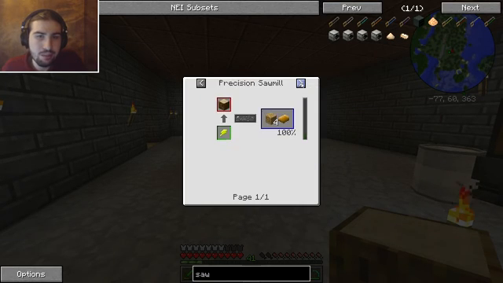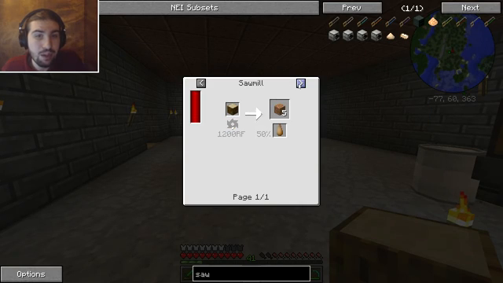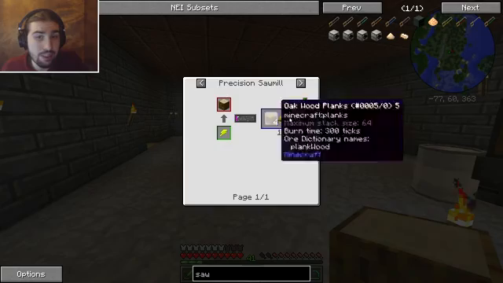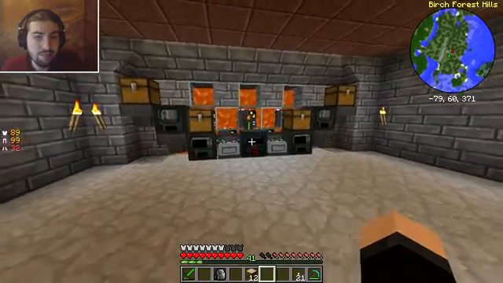If I smelt it, of course it can smelt into stuff, but a precision sawmill gives me 4, 1 extra wood, and 100% chance of a rubber bar. Now, the sawmill from Thermal Expansion gives me 5 wood, even more, but only a 50% chance of the rubber. So this actually gives me a bar, which saves me smelting it as well, which is really cool. So let's try and bear the noise and...